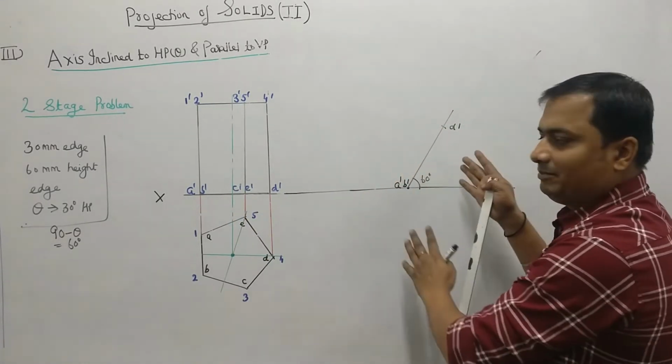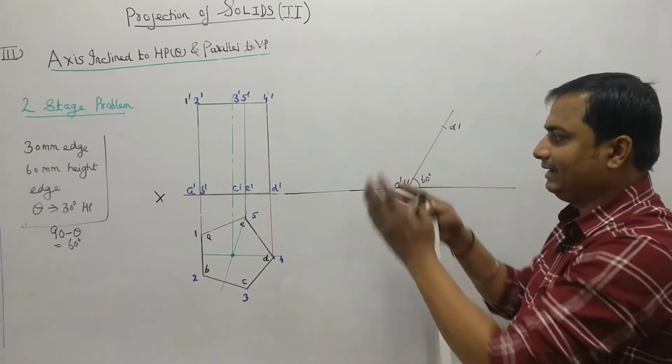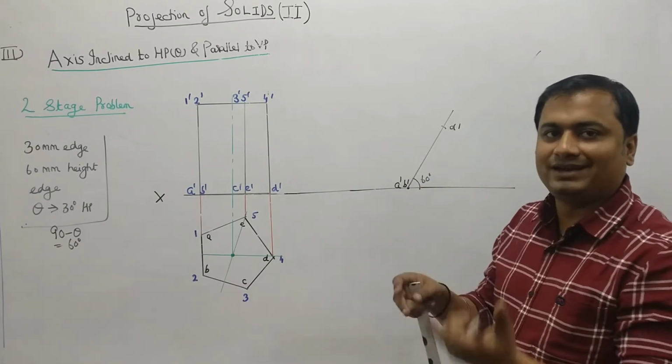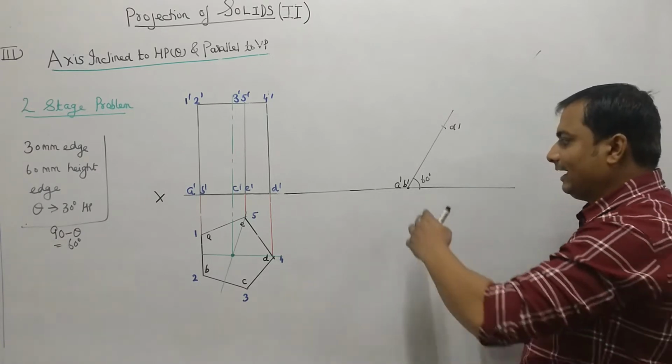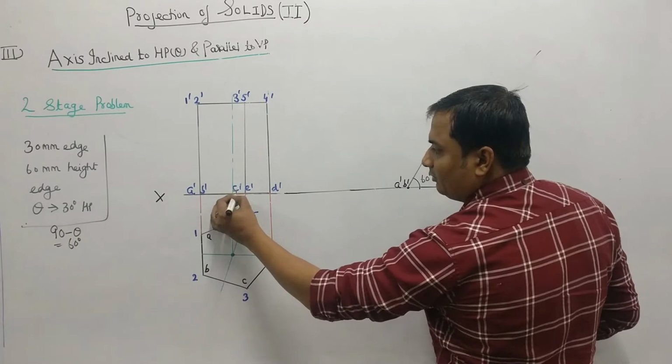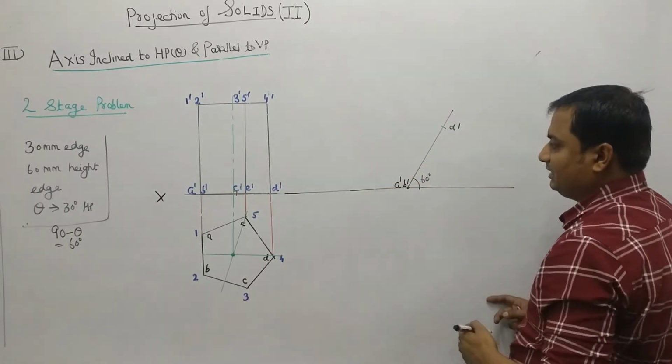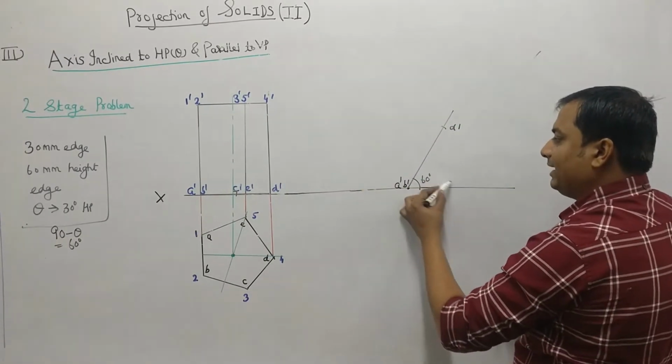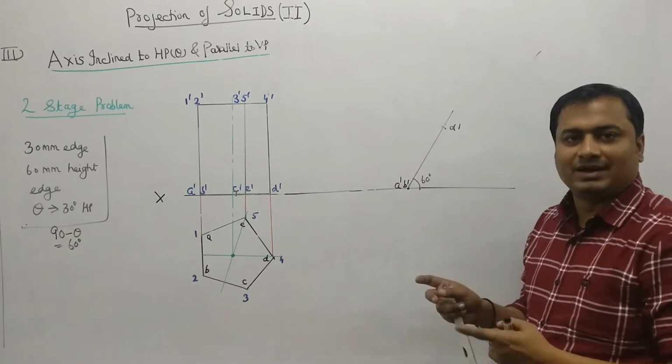Rectangle as it is, we have to plot here. Just we are making it inclined at 30 degree. So to make that inclined 30 degree, what I have done is I will be making the base inclined 60 degree, because this is 90 degree. If I make the base inclined with 60 degree, so automatically the axis will come at 30. Automatically the axis is going to come at 30.